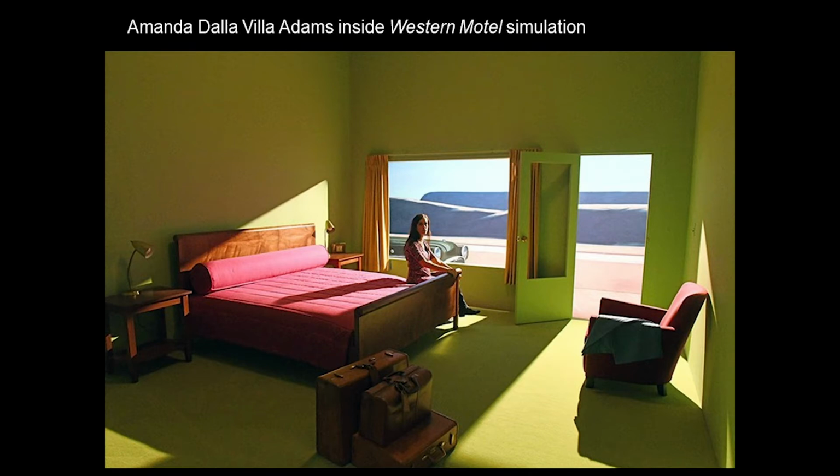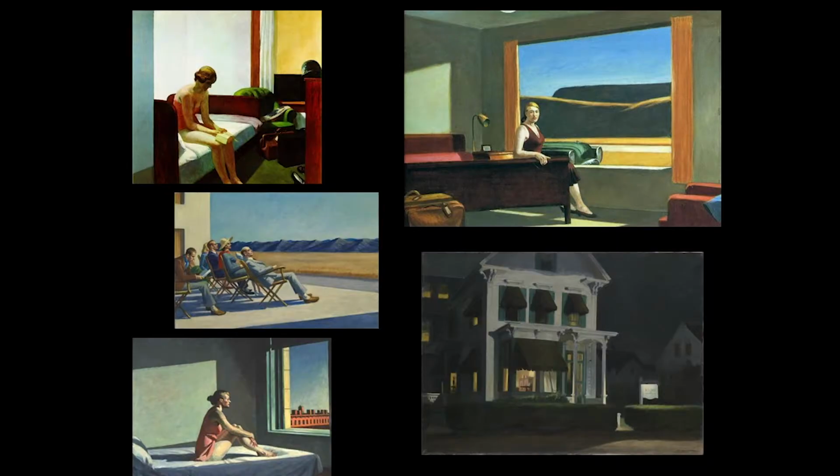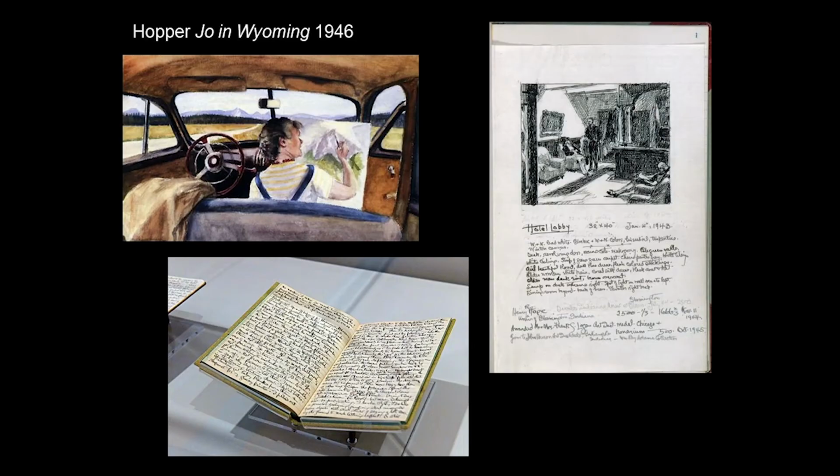So the overall picture of Hopper that we gather from this impressive exhibit is one of Hopper the traveler, often accompanied by his long-suffering wife, Jo Nivison, herself a painter who also posed for him. And the exhibit includes the display of several of Jo's diaries from the 1930s through the 1950s, in which she recounted, and maybe the proper phrase is kvetched about, their travels on the road, by train, by car, across America,